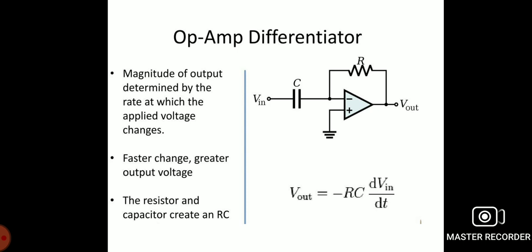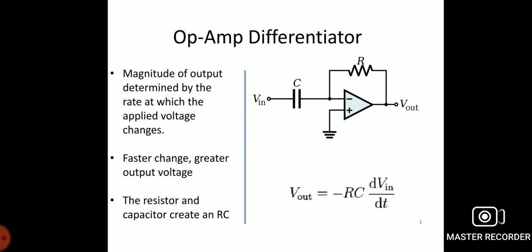In the previous session we discussed the ideal characteristics of the operational amplifier, inverting and non-inverting amplifiers, and also the differential amplifier, that is, a difference input signal, and found the output voltage gain and common mode and differential mode gain. We also covered the summing amplifier, inverting and non-inverting stage summing amplifiers. So today we discuss the operational amplifier based differentiator and integrator in the linear applications of operational amplifier.